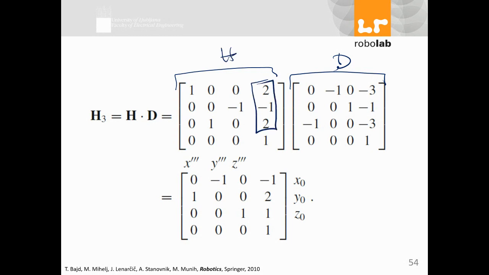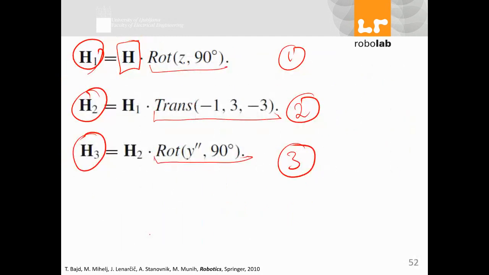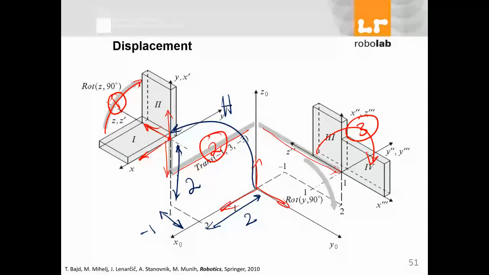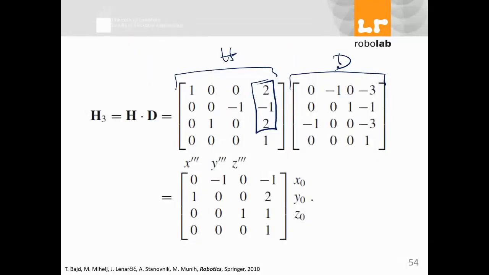Look at this. You see 2, -1, and also 2. That's why you have 2, -1, 2 here. 2, -1, 2. And rotation,